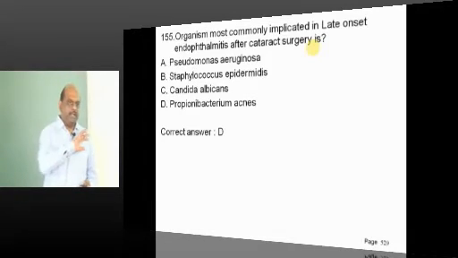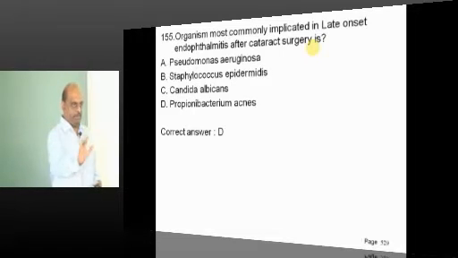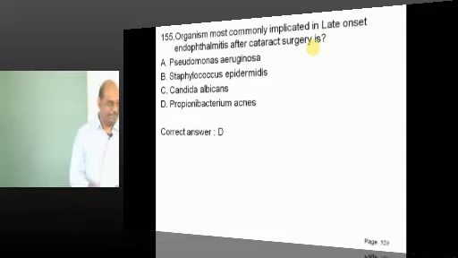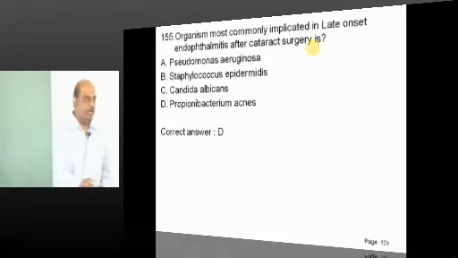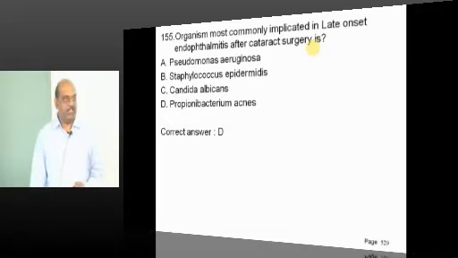If you don't get any time to read ophthalmology, at least do only AIIMS previous 20 years ophthalmology. I am giving you a compromise solution. Ten years, 20 papers, 20 into 10, 200 questions. Read them and go, doctor. See, you should always have a plan B.